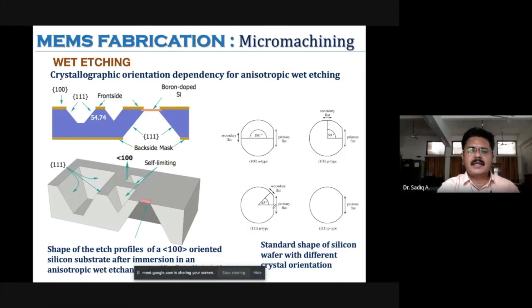Similarly, depending on the shape of the silicon wafer, the crystallographic orientation inside the silicon wafer can be identified, and this will be given by the manufacturer. So there is a standard notation used to communicate the crystallographic orientation inside a wafer. This is very important because when we use a wafer, if the process is dependent on the crystallographic orientation, then it is better to know the orientation in order to have control on the machining process.